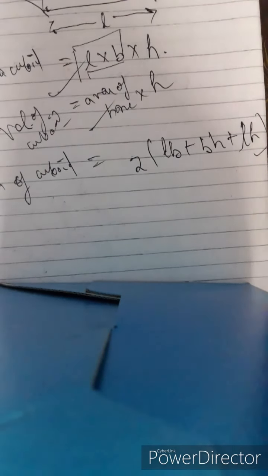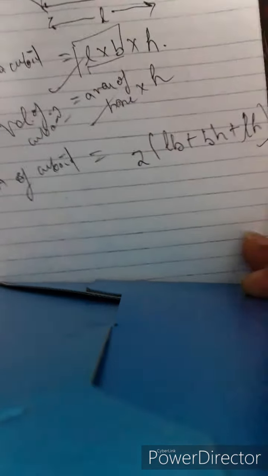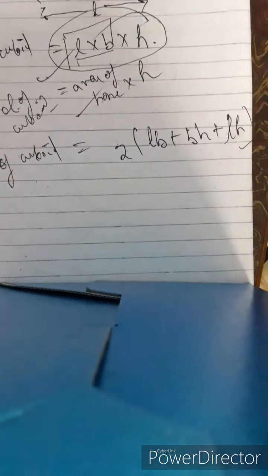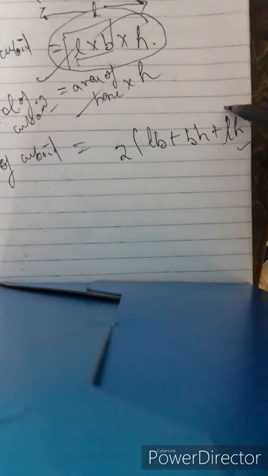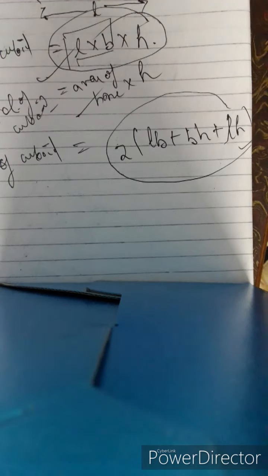So I think remembering these formulas won't be much of a problem. Volume of a cuboid is length into breadth into height. Just remember this formula, volume of a cuboid is length into breadth into height, and the total surface area of a cuboid is twice of length into breadth plus breadth into height plus length into height. Alright, so